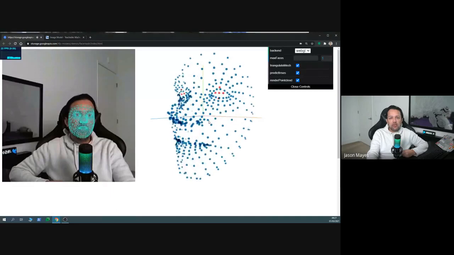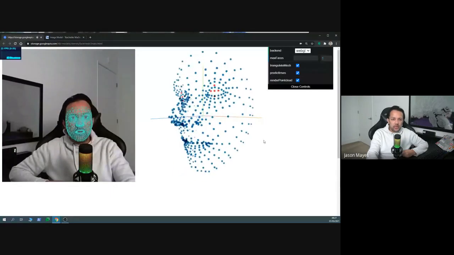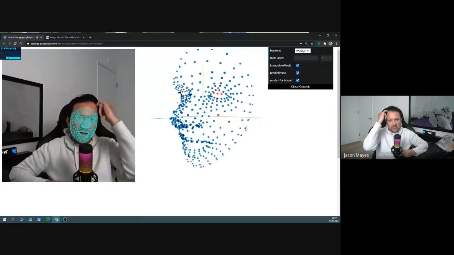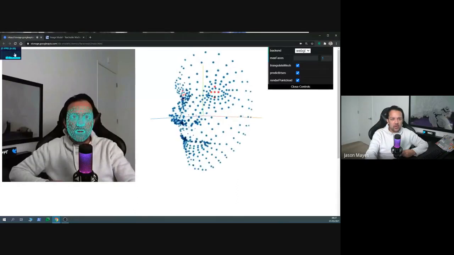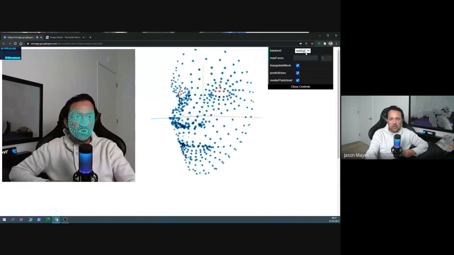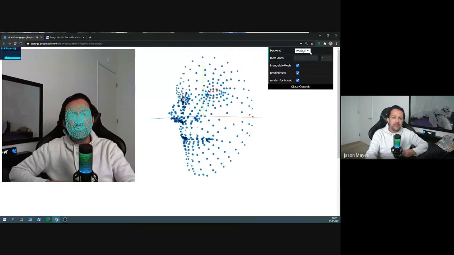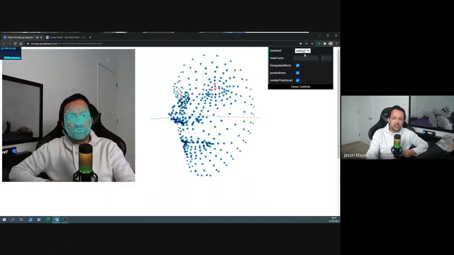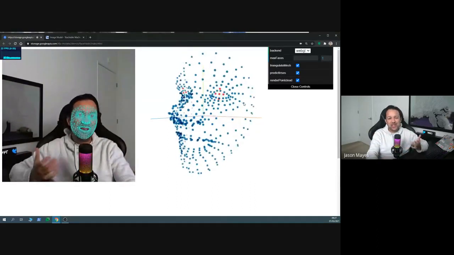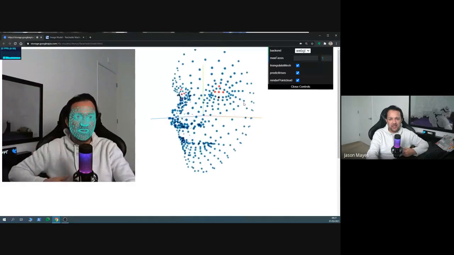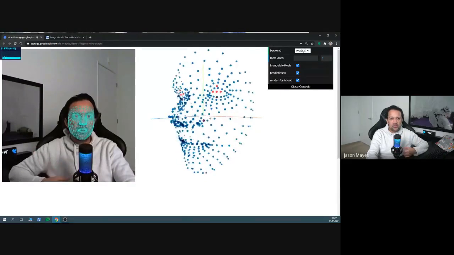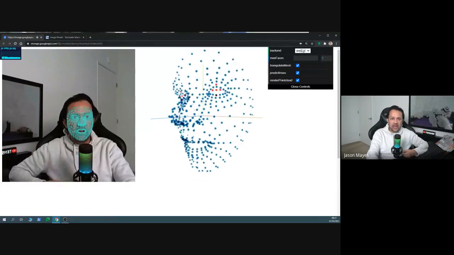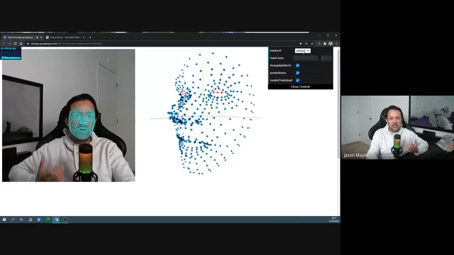So really powerful stuff. Now, some of the keen-eyed amongst you may have realized that right now I'm getting a good frames per second here, and I'm executing on WebGL. And that means I'm using the graphics card to do all the mathematics that this machine learning model needs to execute. And typically for these larger models, WebGL is a great execution environment as you can leverage the graphics card's power.